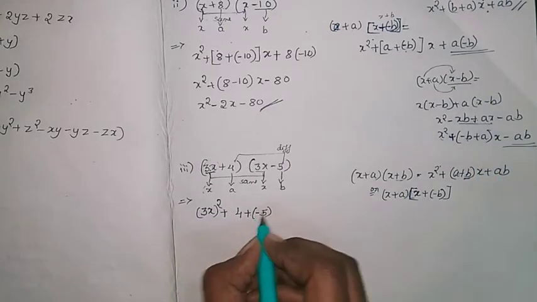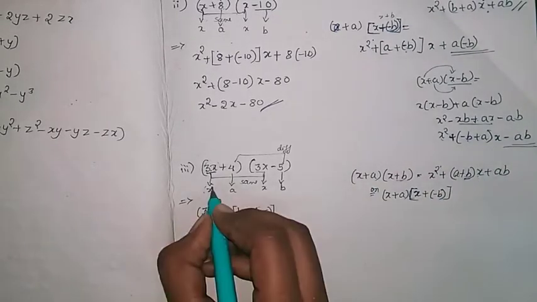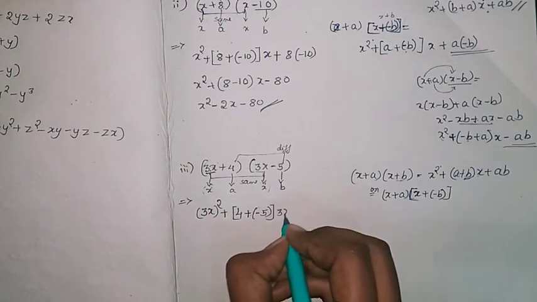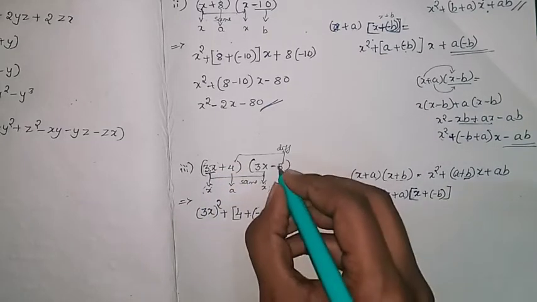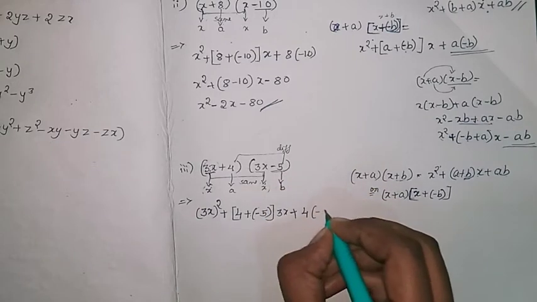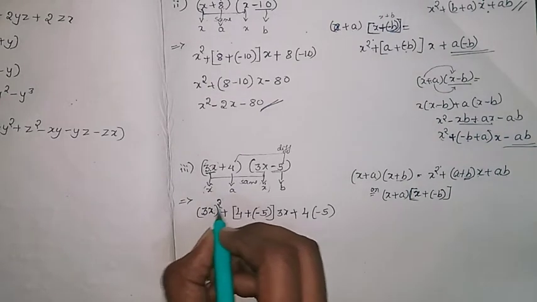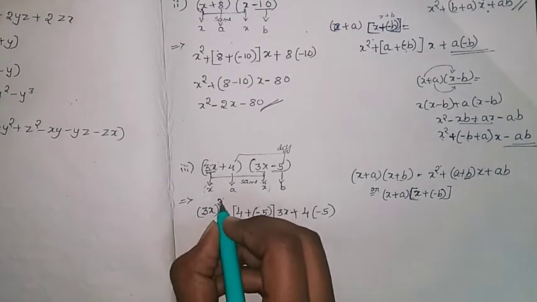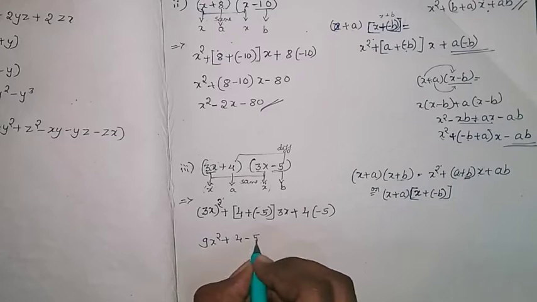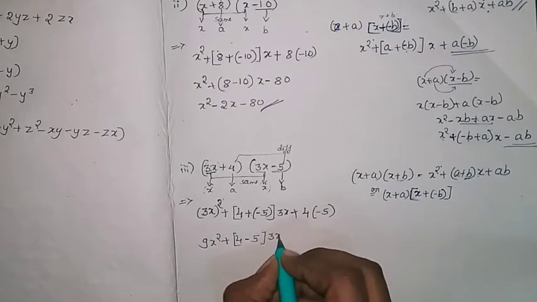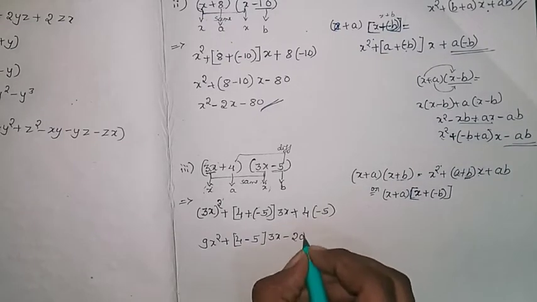So 4 plus of into the bracket minus 5, so bracket complete, and here the x term is there, the value of x term is 3x. Then again plus of a into b, which is the a value, a is 4, and the b value you have to consider the minus 5. So be careful with the sign whenever you are solving. 3 into 3x square, so 3 square is 9, x square is x square, plus of, so 4 minus of 5 I will write like that only, 3x. 4 5s are 20, and plus minus is minus, so 5 4s are 20, minus 20.